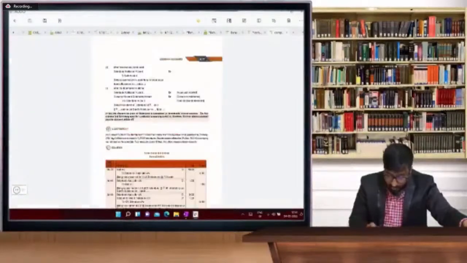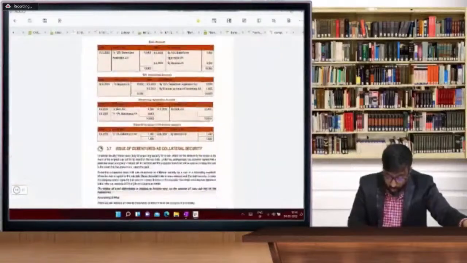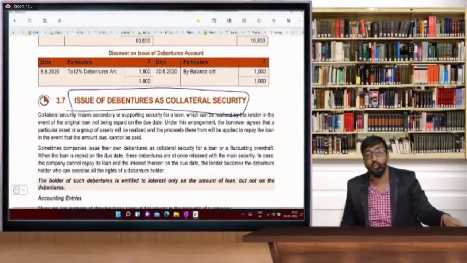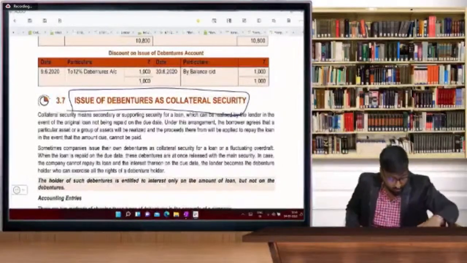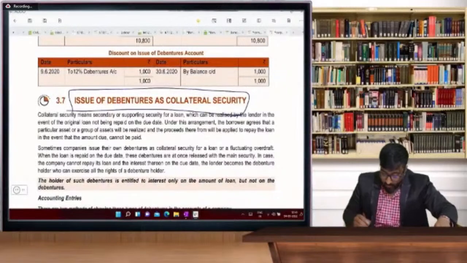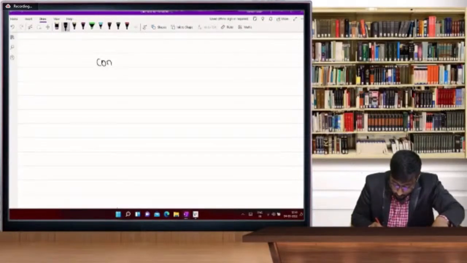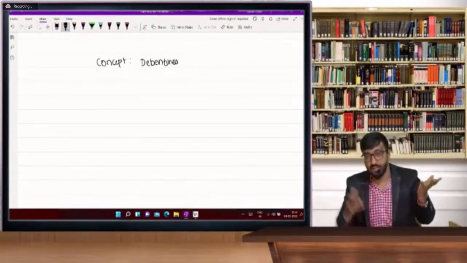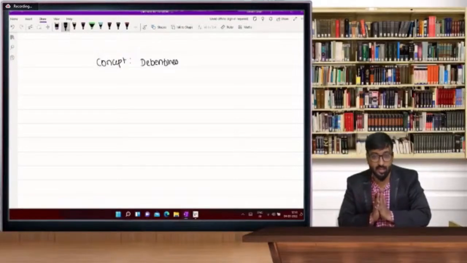Chalo, now I am telling you one more important concept, debentures issued as collateral security. Up to the 7th illustration I have finished with the issue of debentures as collateral security. Today I am going to take this concept. So the reissue concept and the collateral security concept I have taken today. Chalo, so write down. Now this is the next concept of debentures. I know we merged two concepts, debentures and shares. Today we are covering concepts, beta. So reissue we have completed, and this is the last concept of the day.